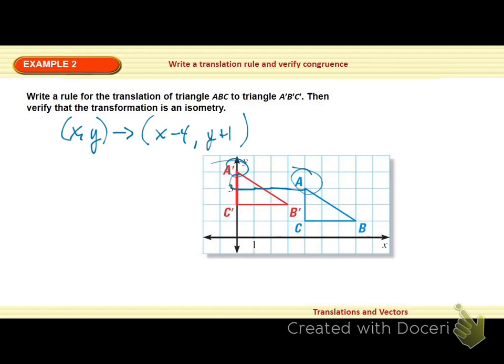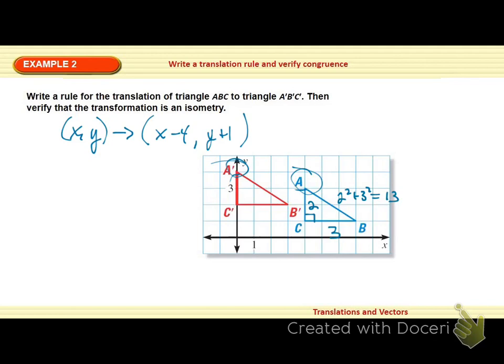Now, in terms of verifying that this transformation is an isometry, that means that we've got to make sure that all the side lengths and all the angle measures are the same. Well, side lengths are not a big deal. We're talking about just finding length in the coordinate plane. So we could do distance formula, or in the case of AC and CB, we could just count grid lines since those are horizontal and vertical lines. So the length of BC is going to be 3, the length of AC is going to be 2. And then we see that a vertical and horizontal line meet, so that means that this is going to make a right triangle, so I could just do Pythagorean theorem to find the length of AB, which will give you